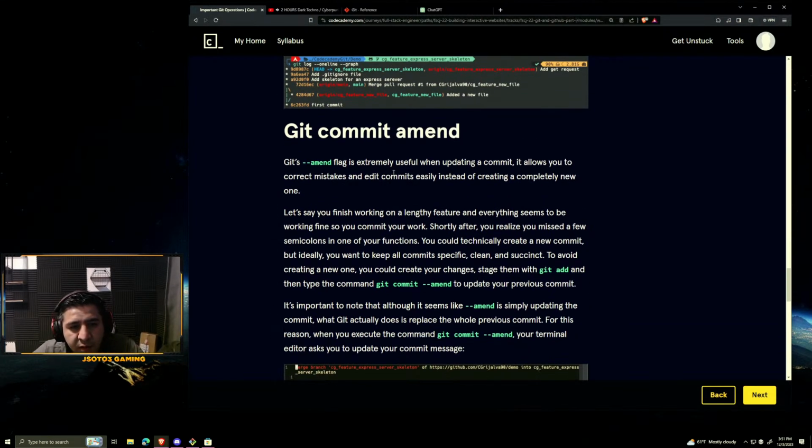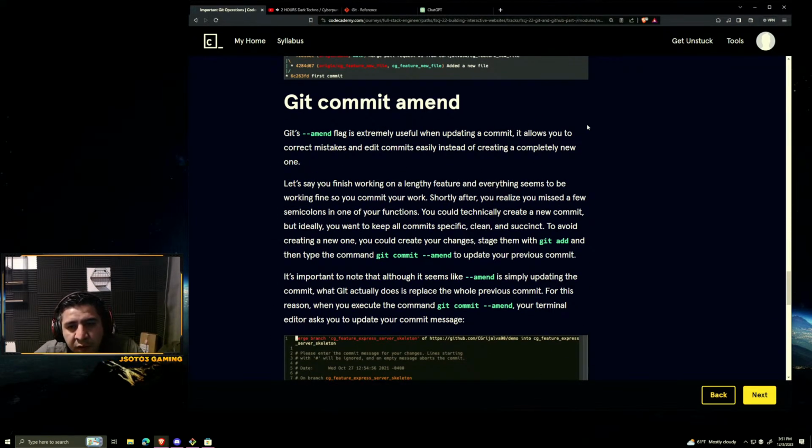Alright, git commit amend flag is extremely useful when updating a commit. It allows you to correct mistakes instead of creating a completely new one. Let's say you finish working on a lengthy feature and everything seems to be working fine, so you commit your work. Shortly after, you realize you missed a few semicolons in one of your functions. You can technically create a new commit, but ideally you want to keep all the commits specific, clean, and succinct. To avoid creating a new one, you can make changes, stage them with git add, and then type